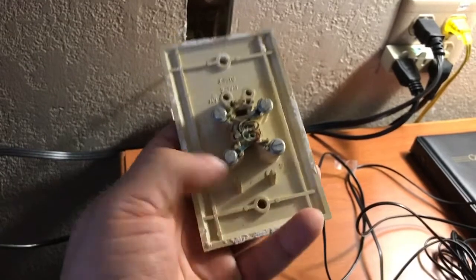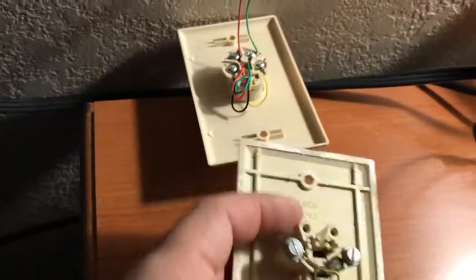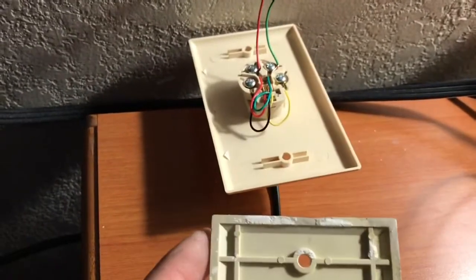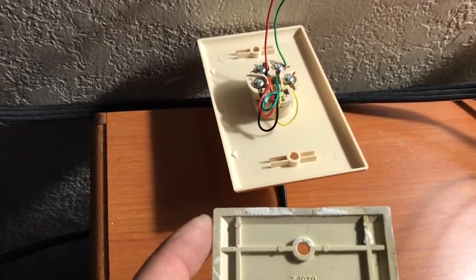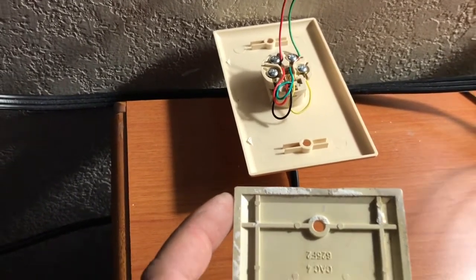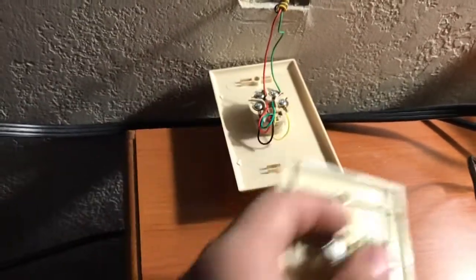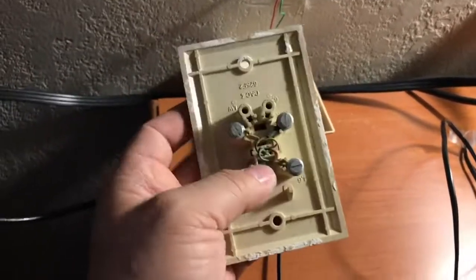So what you're going to do, I'm going to recommend to take a picture of how the lines are connected. You see, this one is similar, it only has 4 cables. It has green, red, yellow, and black. Some of them have 6, the old ones have 6, and on some old lines, all 4 are connected. So you've got to make sure,